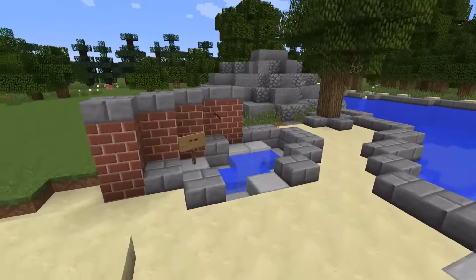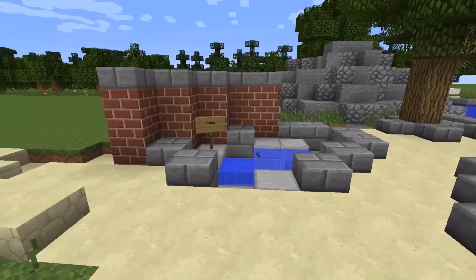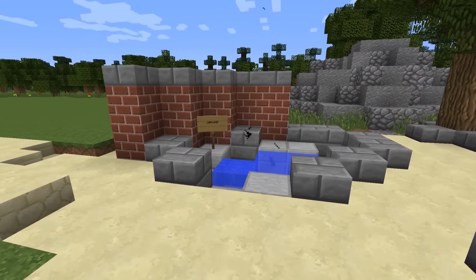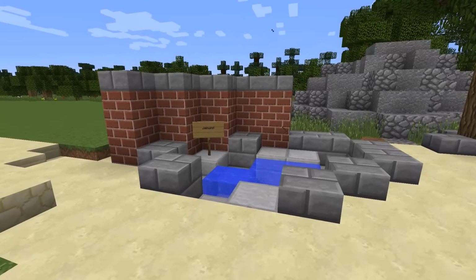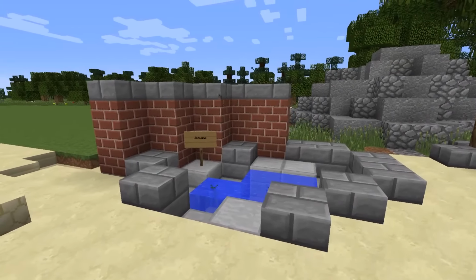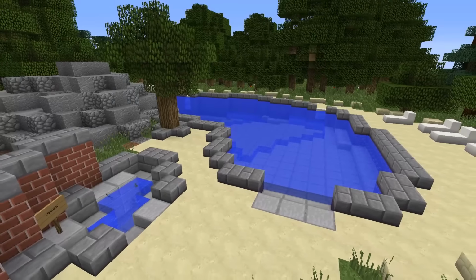Now a buddy actually helped me with the detail underneath, putting some fire underneath so there's steam coming up, making the jacuzzi look even better, more realistic and awesome. That detail just adds to it. That's a real jacuzzi. Right away to the right is the pool. You can see it's got a great shape